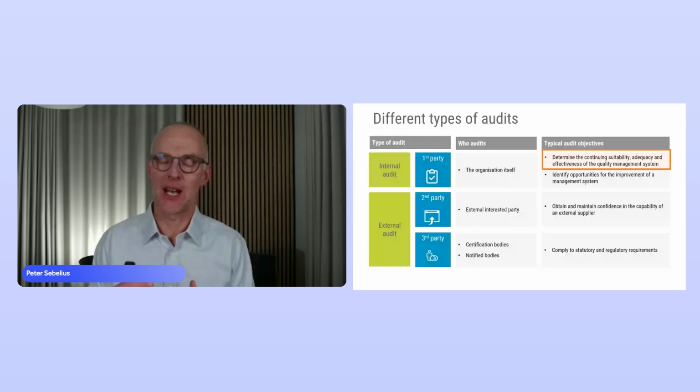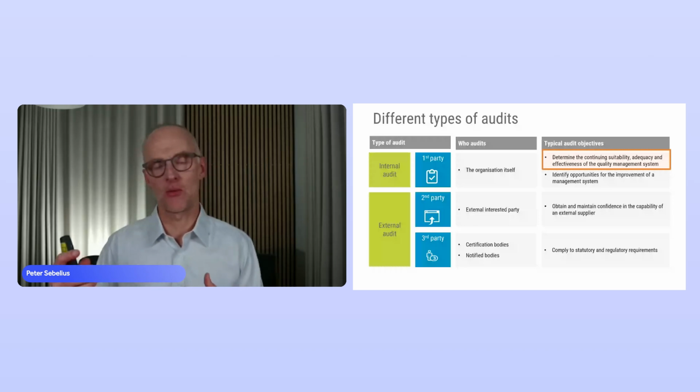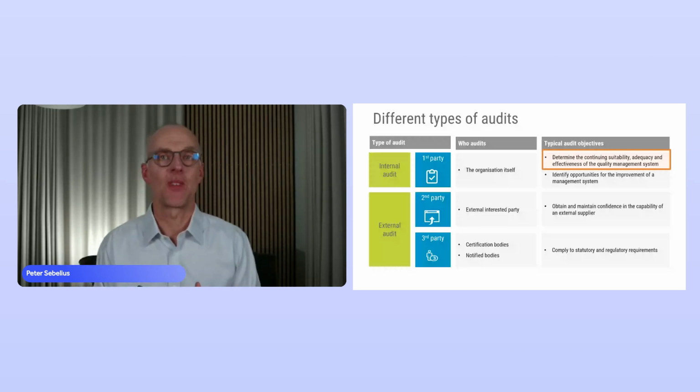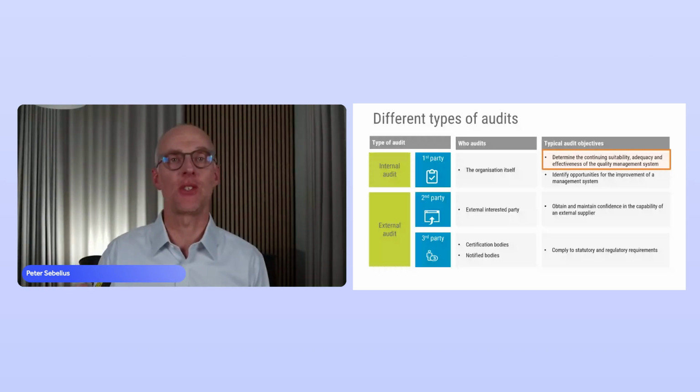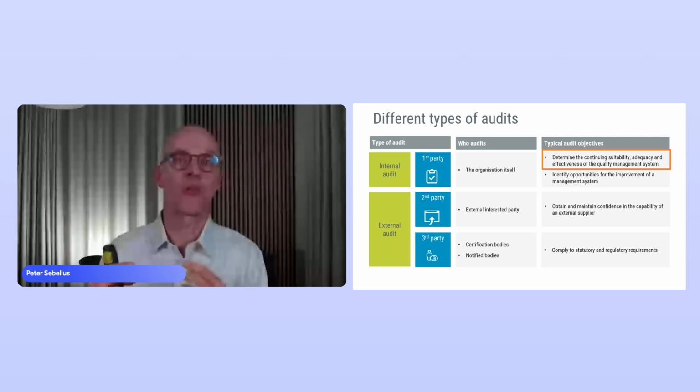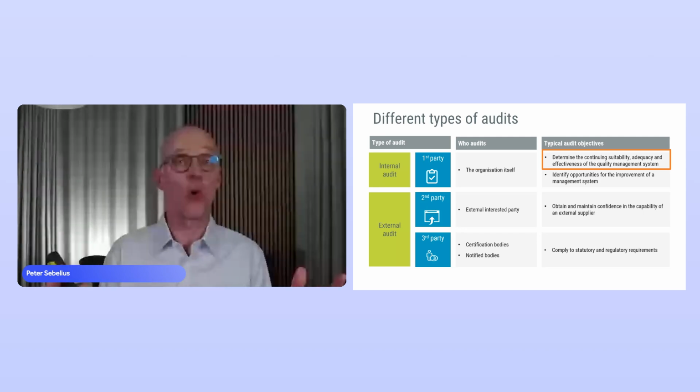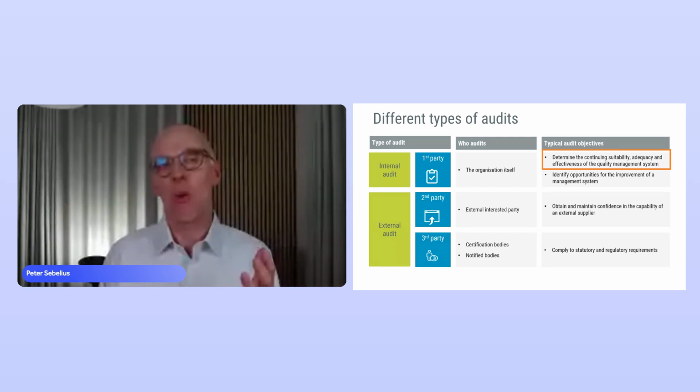So we looked at different types of audits before, just at the start. And I didn't comment on this last column when we looked at this slide before, but if you take a look at the typical audit objectives and you're going to determine the continuing suitability, adequacy, and effectiveness of the quality management system, then I would argue that you cannot focus more on specific areas, or at least not ignore certain areas, because then you have not answered the question if the quality management system as a whole is effective. However,